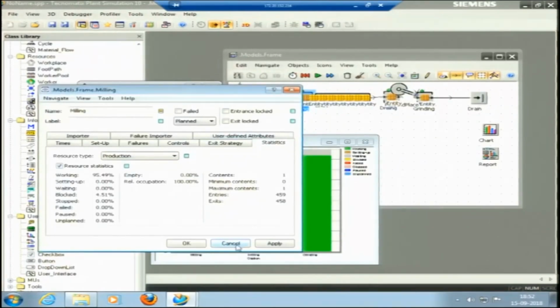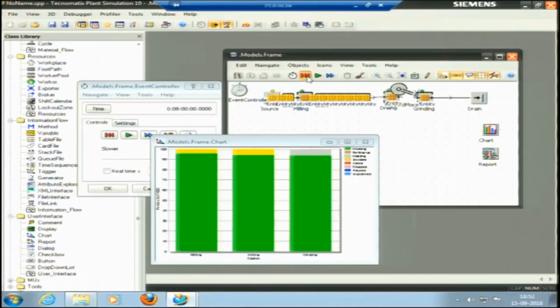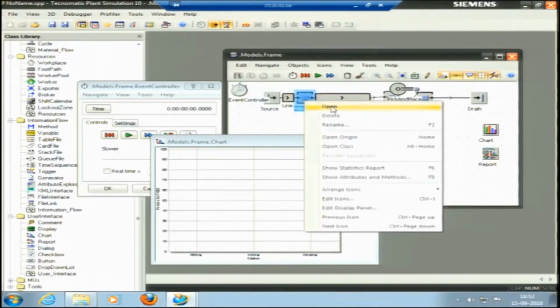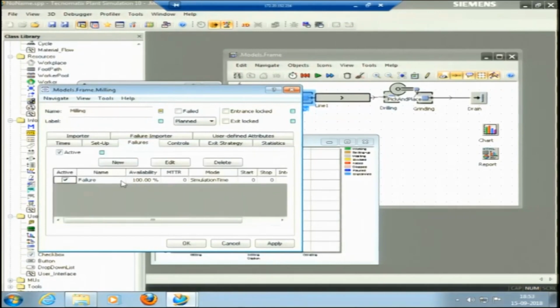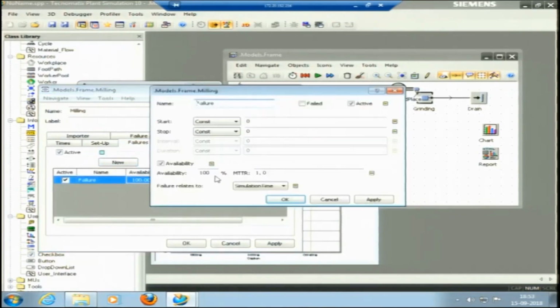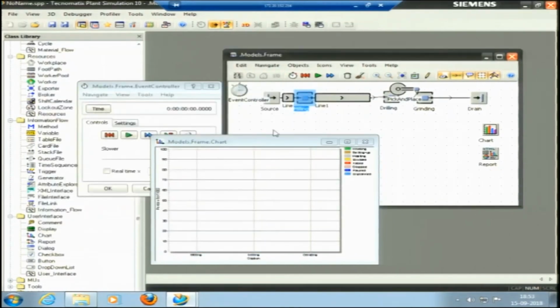So, let me try one thing. Okay, I will say cancel. Let me try to change the failure rate of milling. Failures. Okay, it is available for 100% of the time, that is why none of the failures happen. I will change it to 80%. For 80% of the time it is available, for the 20% of time it might fail. So, let me apply it, and okay. Let me run it again